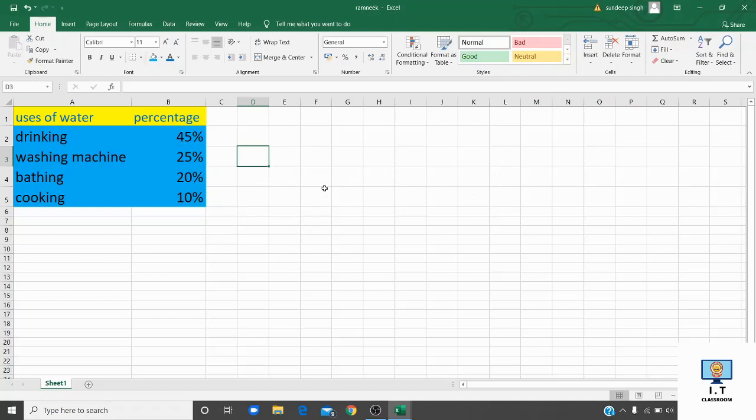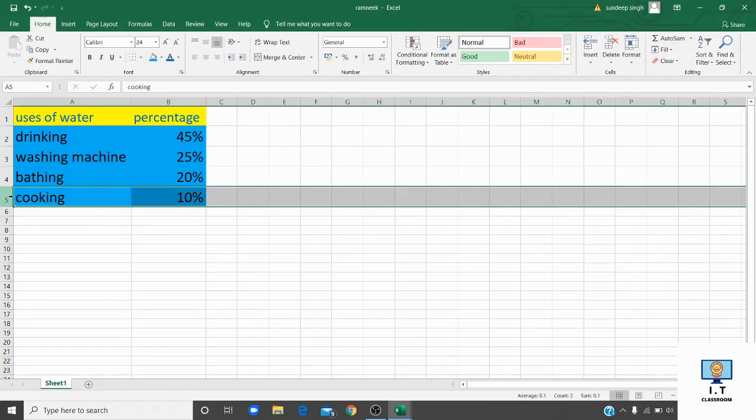Now I am telling you how you can delete any cell or row. Suppose you want to delete this row. So for that, firstly you need to select this row like this. After that, go to the cells group.